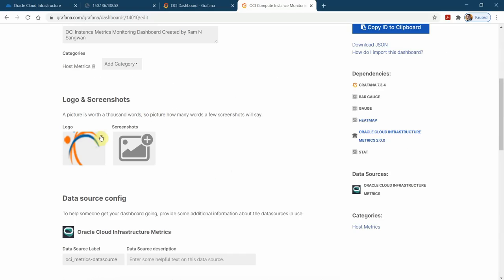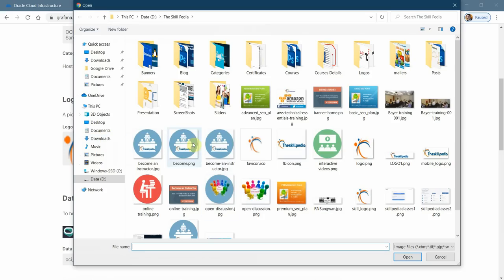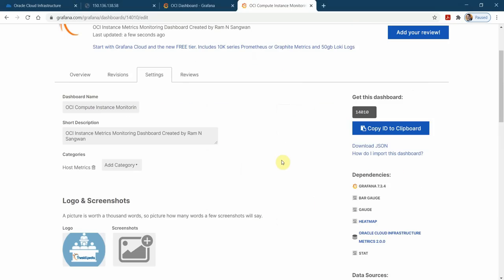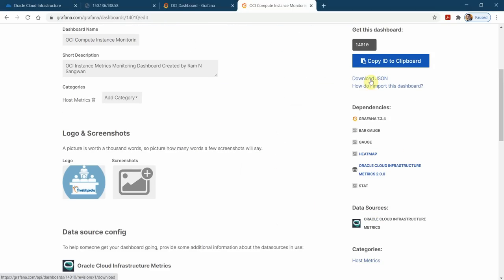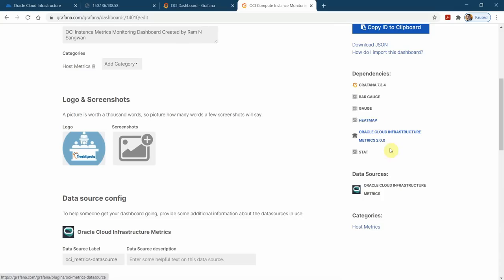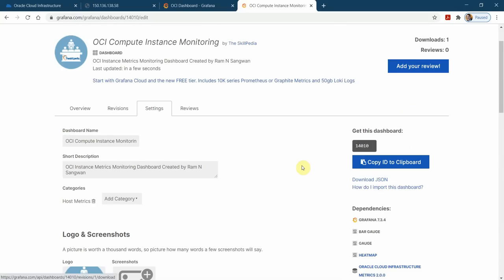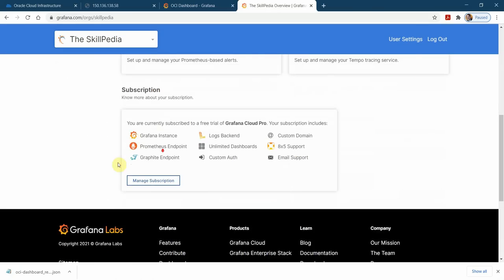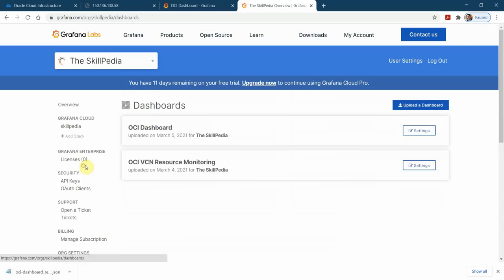So I can change the logo if I want. I want to put the same logo for every resource I created. So let me select this. So this is my another dashboard. I can download it from here. So let me publish it and then I can download it. So this way you can download the JSON and apply. So this is OCI compute instance monitoring created by the Skillpedia. If you click on the Skillpedia, you will see both my dashboards available. I have two dashboards available: VCN resource monitoring and OCI dashboard, which is actually nothing